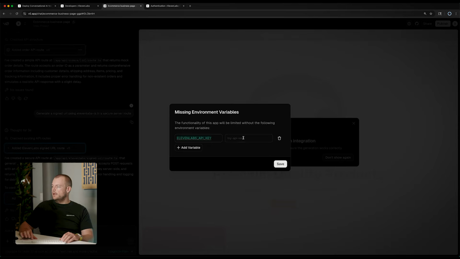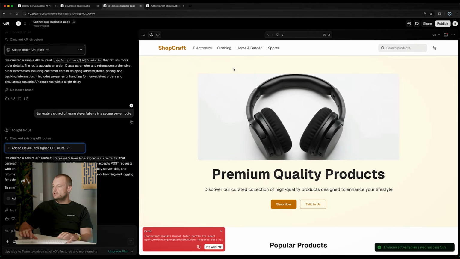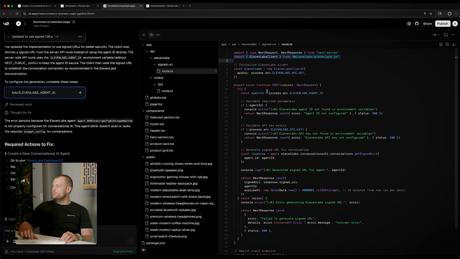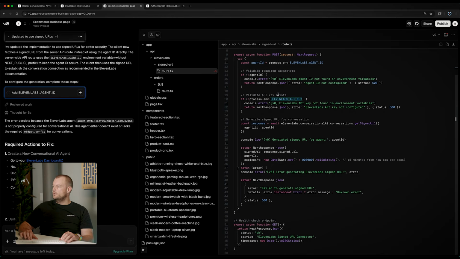So now we can head back and we can add our API key to our integration. And so now we can see that here we have created this new API route. So this is a secure server route. Now you can see we're using the ElevenLabs client here, and we need our ElevenLabs API key that we just provided.